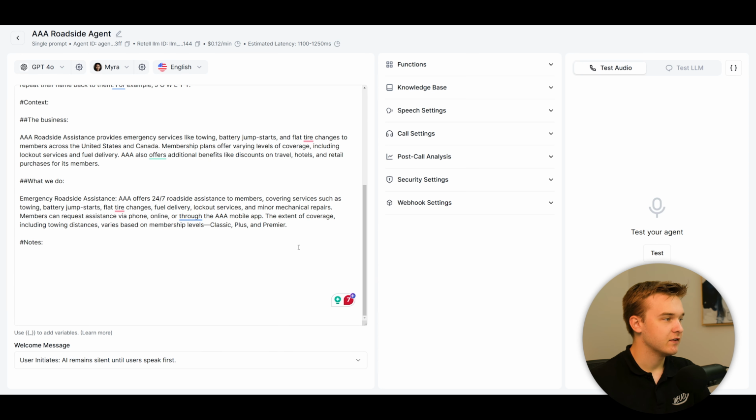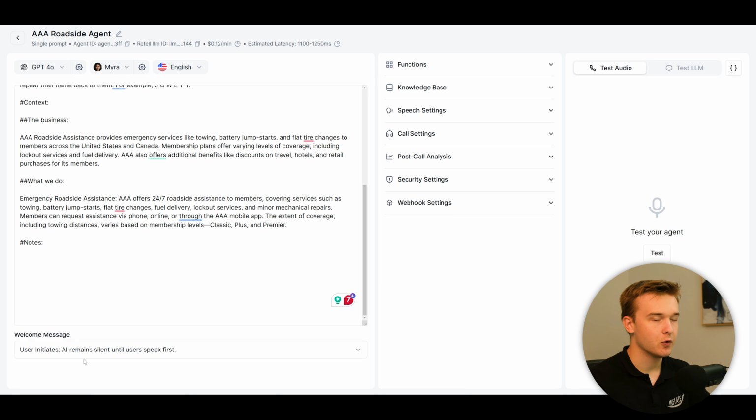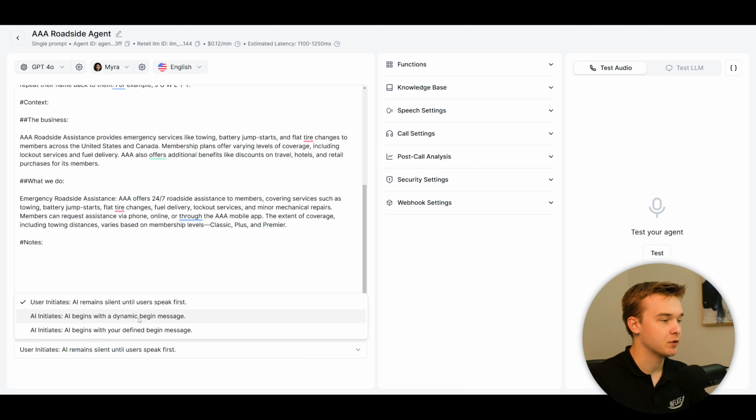So make sure to hit the save button in the bottom, and now we can start to test it. But before we do so, I'm just going to go ahead and add in a welcome message. This is really what initiates the call. So in this case, Retell provides three different ways to initiate a call. The first one is AI remains silent until the user speaks first. That is the default setting, although in this case, I'm just going to have it actually initiate with a begin